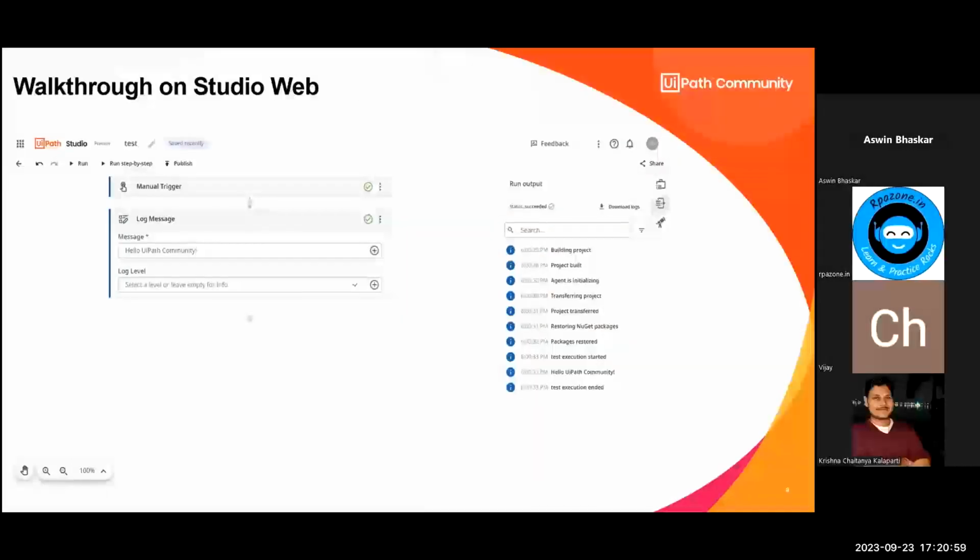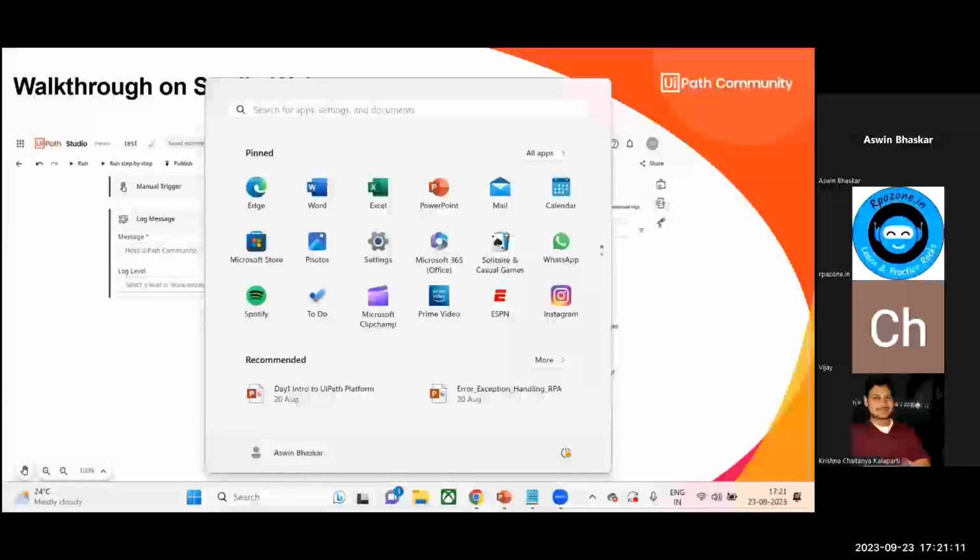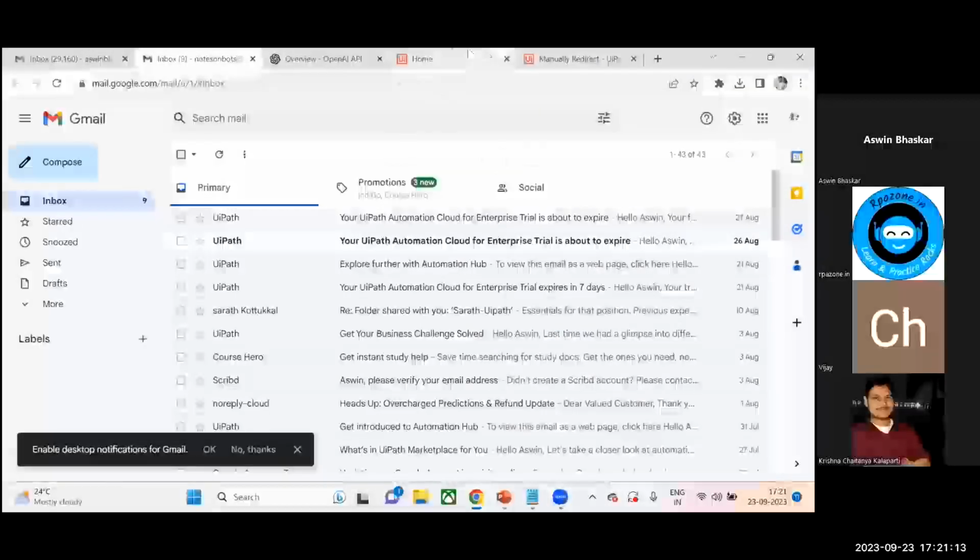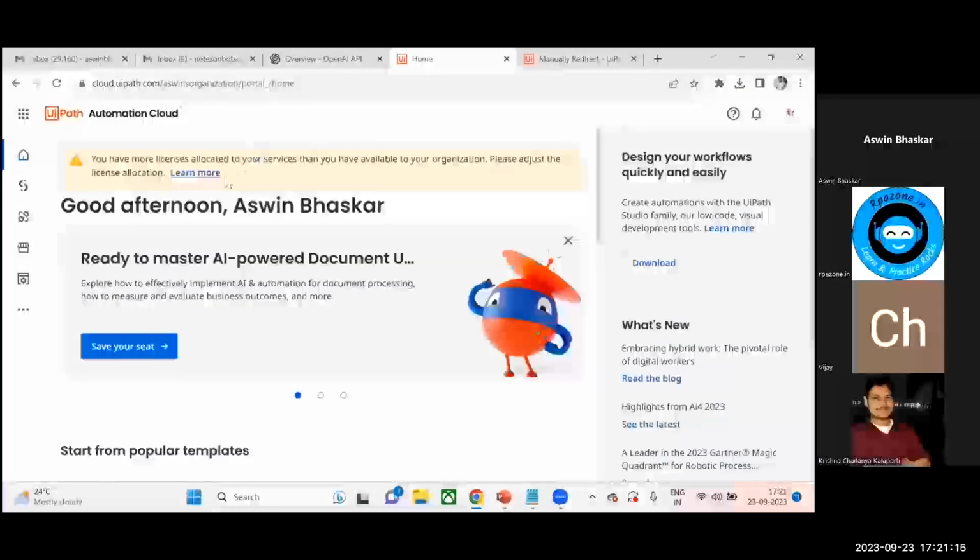Okay. Now let's have a walkthrough on UiPath Studio Web. Let me go to my UiPath Studio Cloud Home. I hope you are familiar with the UiPath Cloud Home. So I'm in my automation cloud account. From here, I have to open my UiPath Studio Web. For that, in the left pane, you can see this symbol. This is Studio. If you click here,